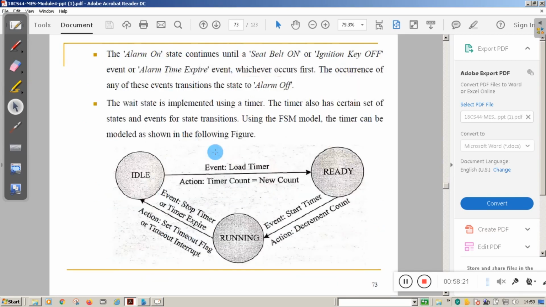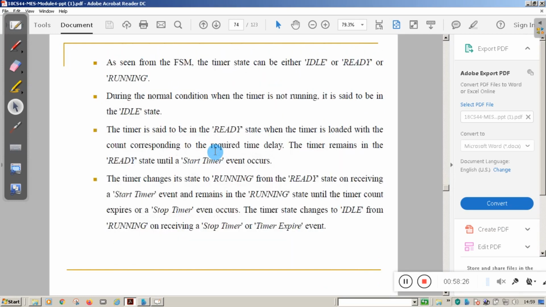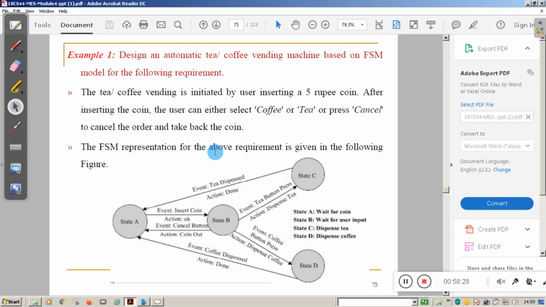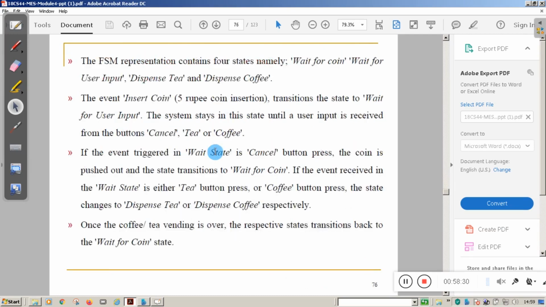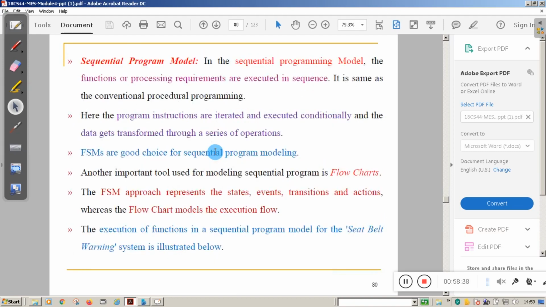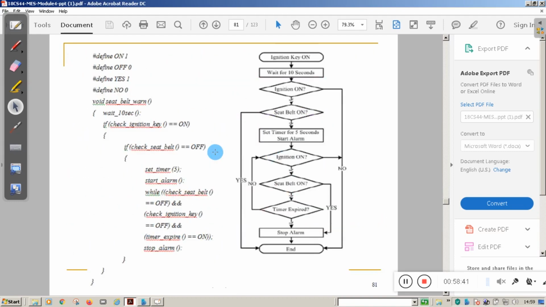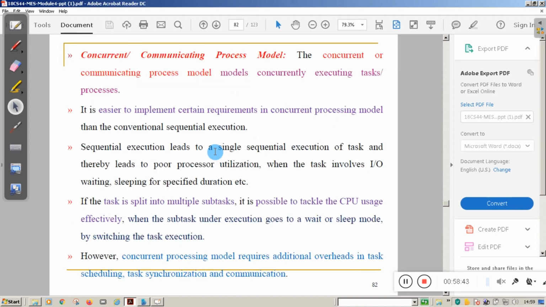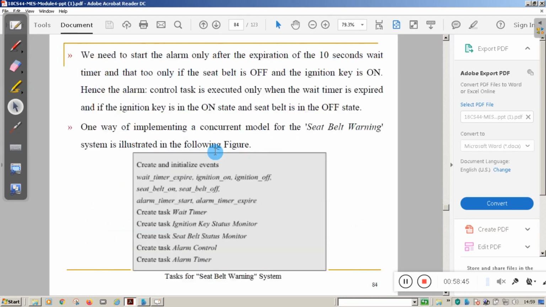We saw different applications of finite state machines, like automatic tea or coffee vending machines and the coin operated public telephone unit. Other than that, we saw the sequential programming model. What is the sequential programming model? What is the concurrent programming model?